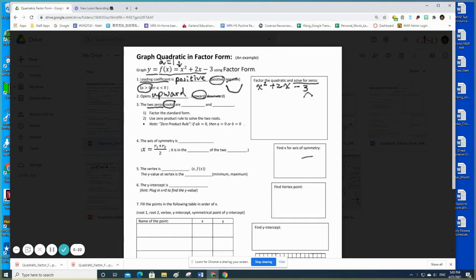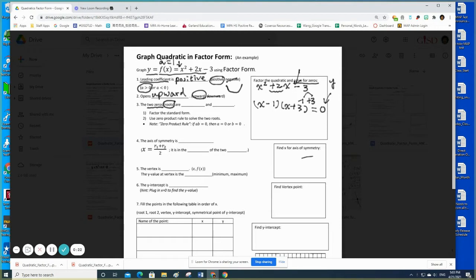For 3, you can only factor that with 1 and 3, no other way. And this is negative, so we know one positive, one negative. And this is a positive 2. We need plus 3 and minus 1. And here are our two factors, x minus 1 times x plus 3. We have to set this to 0 because we are looking for those two x values that make the y value 0. This is our y.